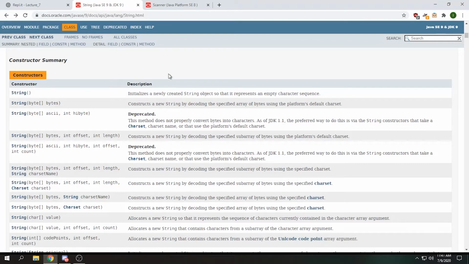Constructor Summary is much more significant for us, because this is all the different ways that you can create an object of that class. You have a constructor which takes in no arguments, and the no-argument constructor creates an empty character sequence string. You have a constructor that takes in an array of bytes. You have a constructor that takes in an array of bytes and